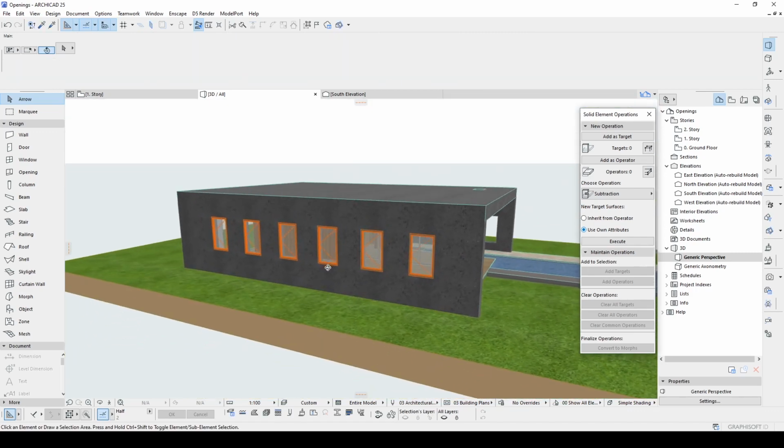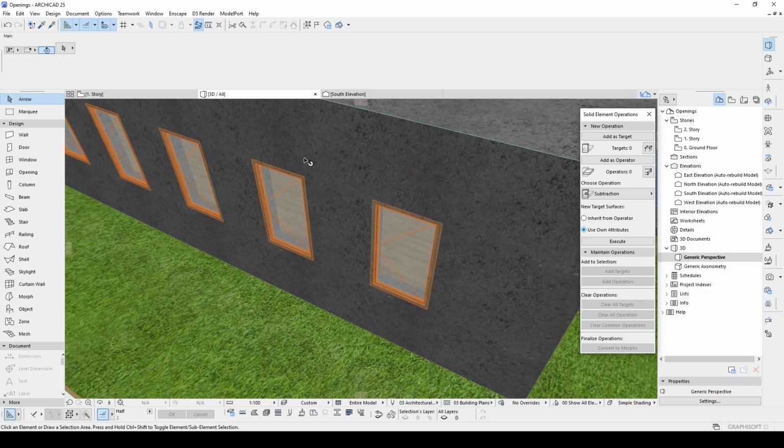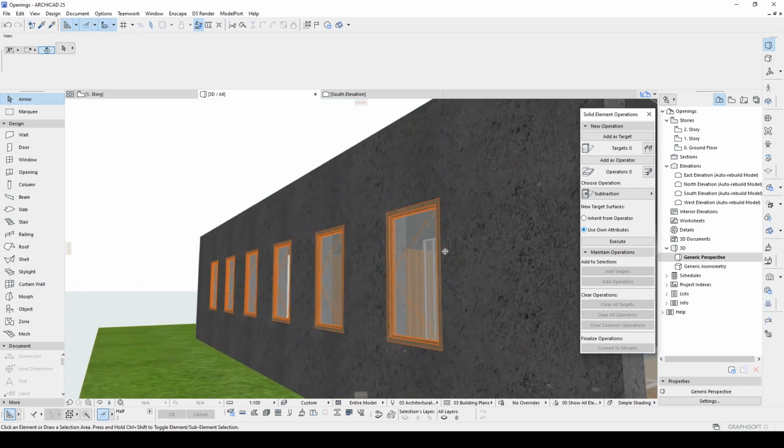There we go. But as you can see, this window is very close to this surface. We don't have any depth. It's very flat.